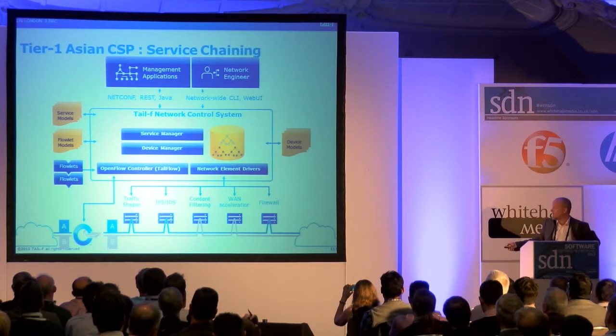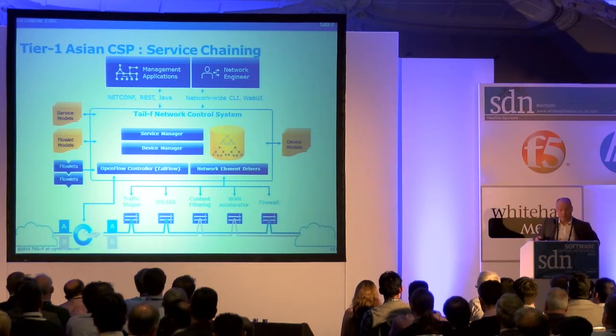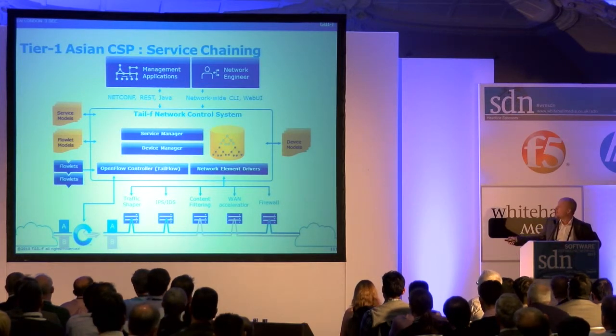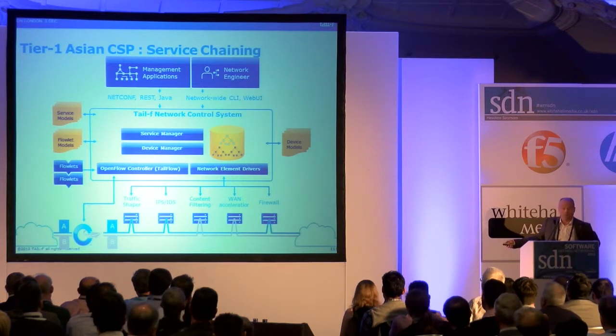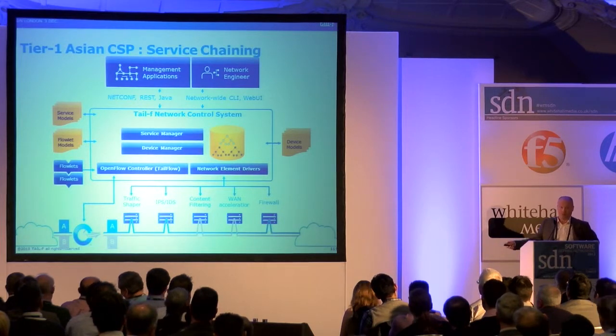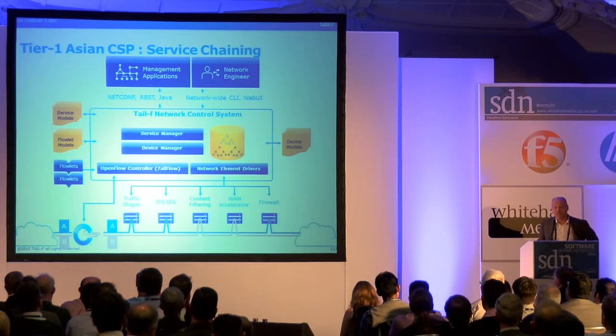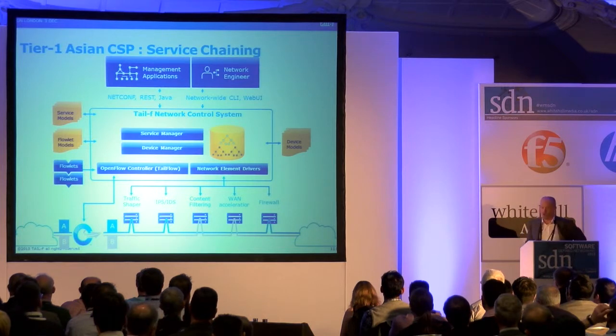But within the chain, some customers need content filtering, some customers need WAN acceleration. You see customer A and customer B here. This is runtime, dragging and dropping pieces into a service chain. And these guys in the middle need to be configured as well. Some naive OpenFlow controllers think it's okay to put together the OpenFlow chain, and what about the firewall? Well, configure it manually, but then you're lost again. You need to configure the boxes in the chain as well, so that's what we do here. So those were two deployed use cases. Thank you. On time, or...